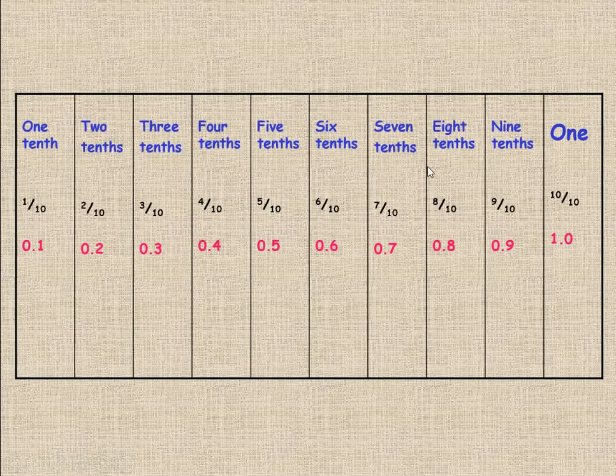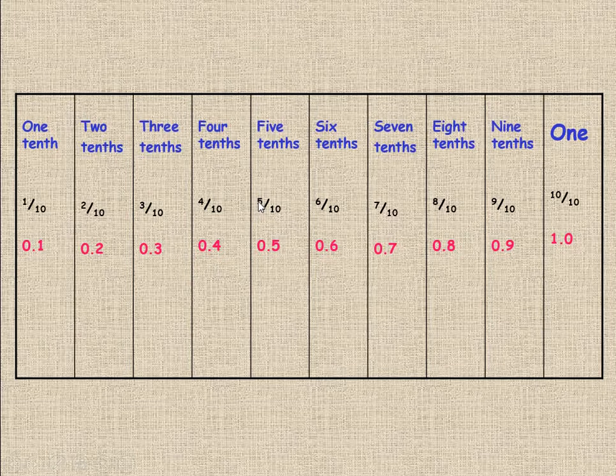Here there is a complete table which shows the decimal numbers and the fractional numbers. As we already know, there is a close connection between fractional numbers and decimal numbers, and both are used to represent the parts of the whole. If we take one part out of 10 parts, that is called 1/10 or 0.1. If we take two parts out of 10, that is called 2/10 or 0.2. If we take 3 parts out of 10, that is called 3/10 or 0.3. If we take 4 parts out of 10, that is called 4/10 or 0.4.